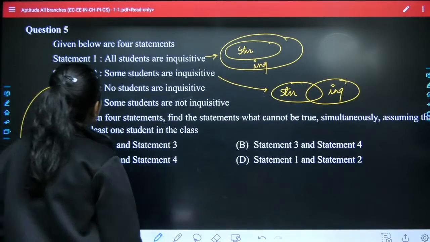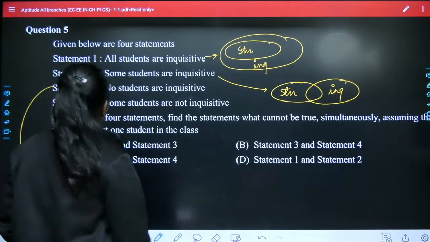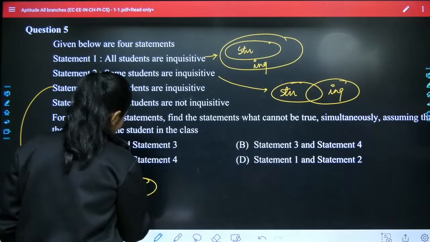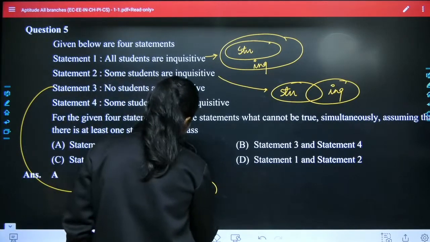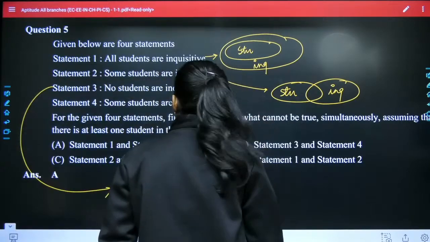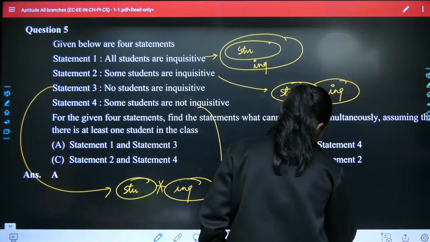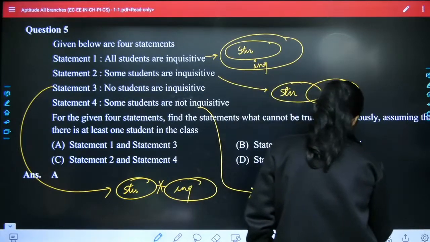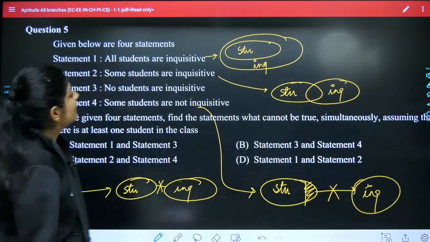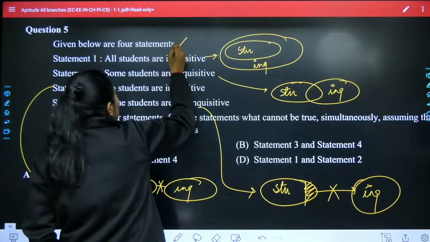The Venn diagram of the third statement is no student is inquisitive, that means students and inquisitive, and there is no relation between these two. And the fourth Venn diagram is some students are not. Okay, we can only say that this part of students, these are not inquisitive, right? So if we check all these four statements, we can clearly say that statement number 1 and statement